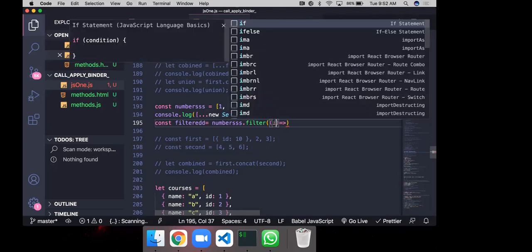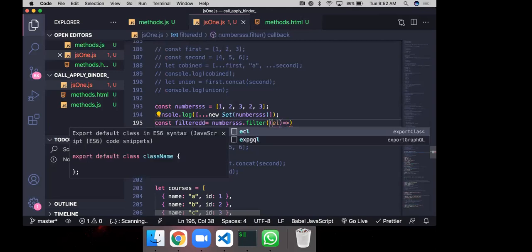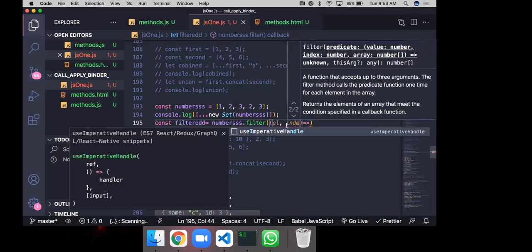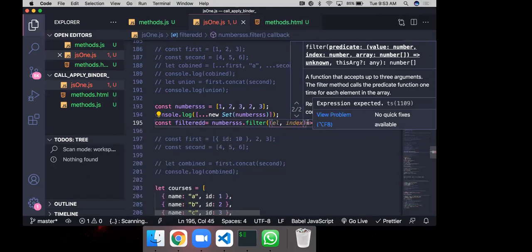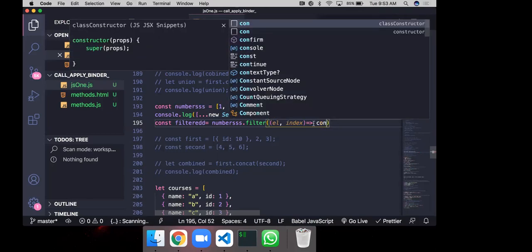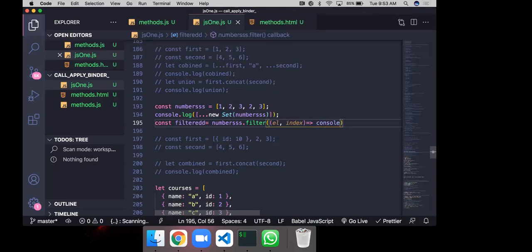The first argument is the element, comma, index. Give a curly brace. And here you write return, press enter.